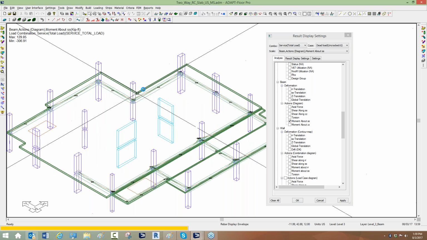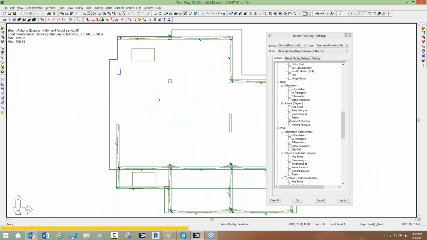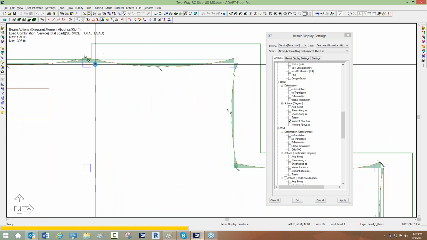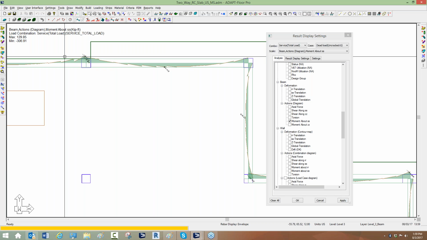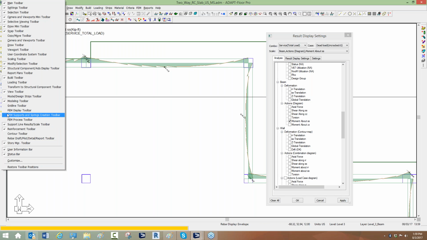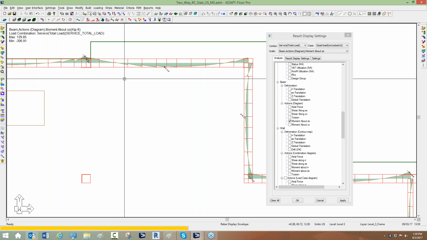So if we look at these diagrams, we see we have moments in the beams. Remember, the program comprises the model of frame elements where there's a beam. So I could turn on the frame element view. If I go here to frame elements or shell elements, this beam right here is broken up into several frame elements with nodes on either end. So the beam itself has a moment diagram,